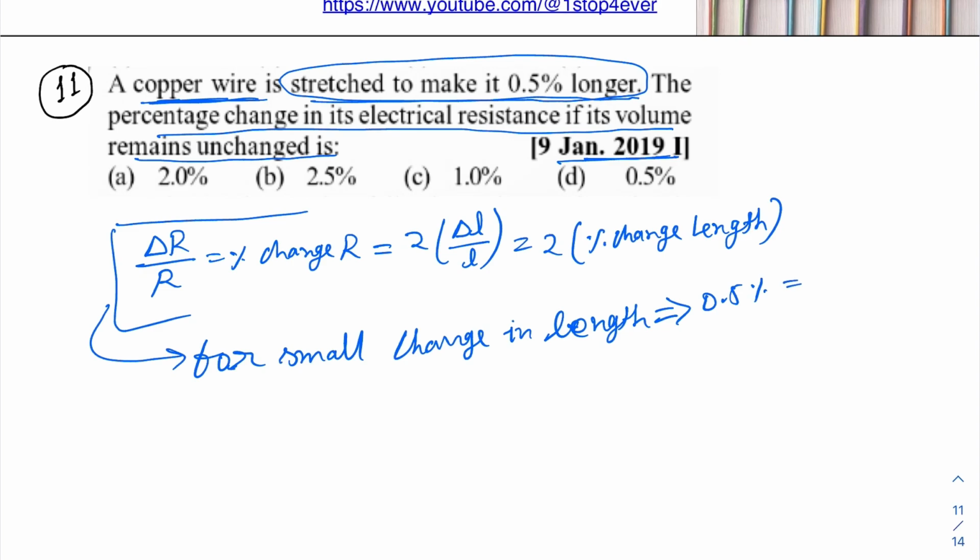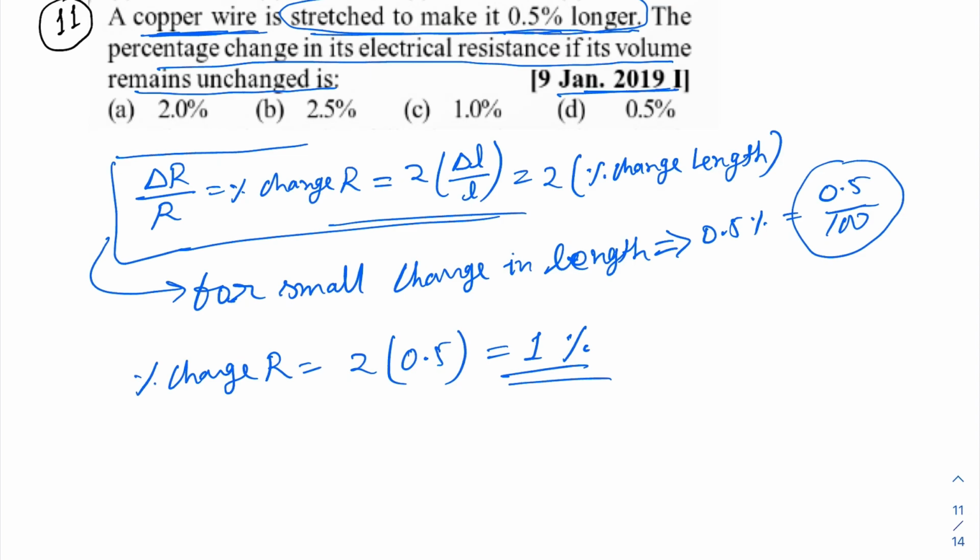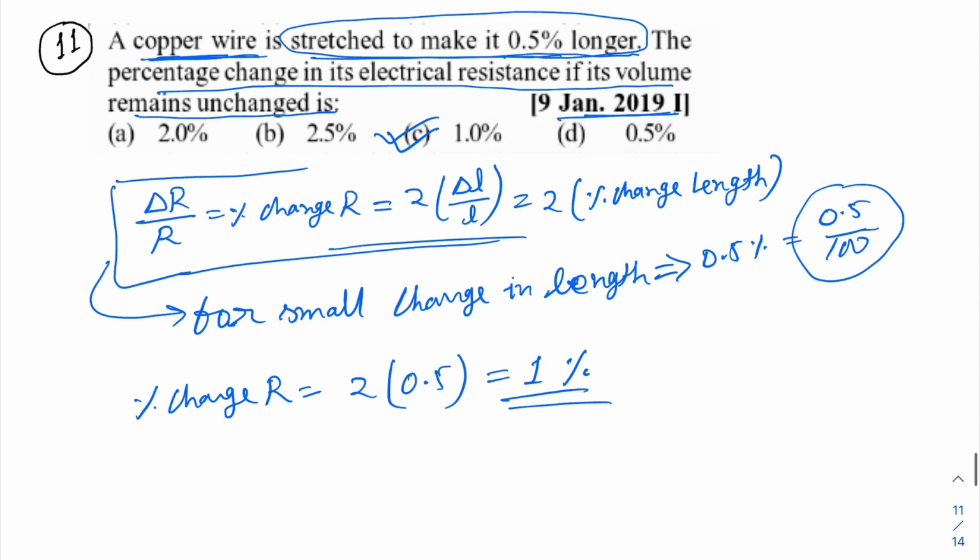0.5%, 0.5% मतलब क्या हो गया 0.5 डिवाइडेड बाय 100, तो ये बहुत ही छोटा हो जाएगा। सो वी हैव कंसिडर्ड दिस फॉर्मूला हियर। ओके, सो डायरेक्टली वी कैन राइट परसेंटेज चेंज इन R विल बी इक्वल टू 2 इंटू परसेंटेज चेंज इन लेंथ, कितना है 0.5%, 0.5 इंटू 2 कितना हो जाएगा 1, सो इट विल बी 1% आंसर। सो आंसर 1%, मीन्स सी ऑप्शन।